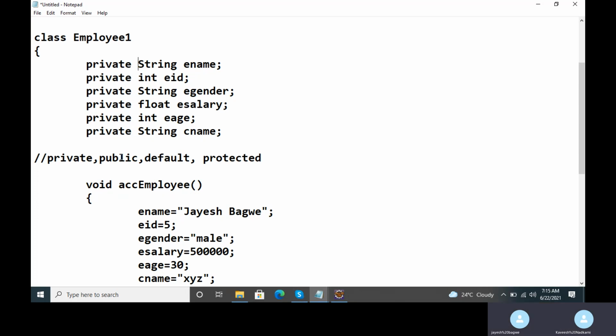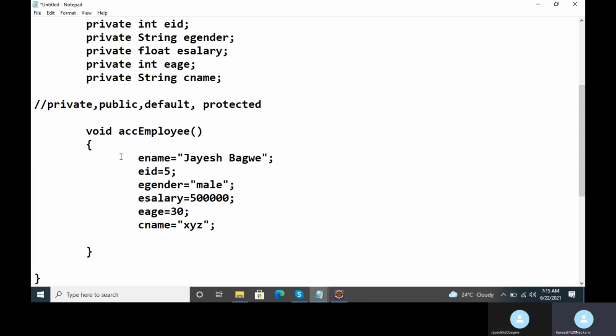You can access those data members only inside the member functions or member methods of that same class, not from another class. But you can access them indirectly from another class, because of the member methods or member functions of that class.